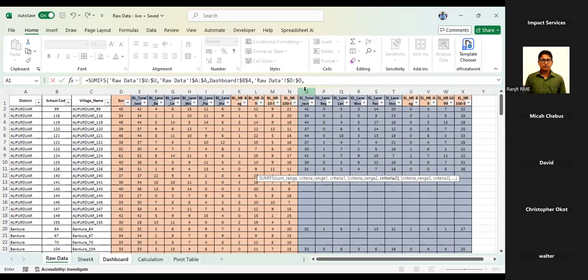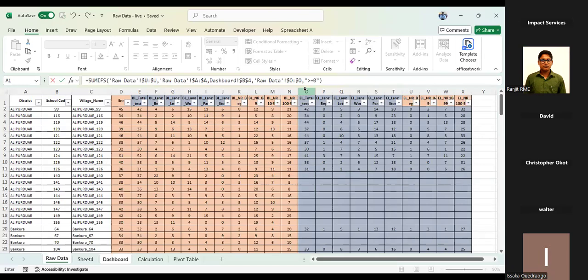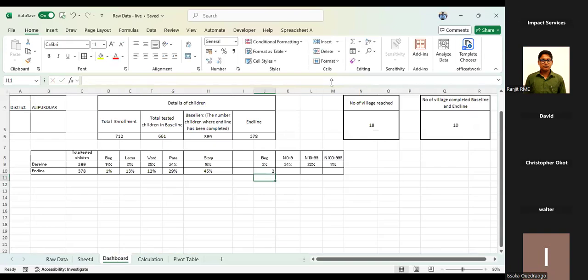So this is the formula greater than equal to 0. And now closing this with